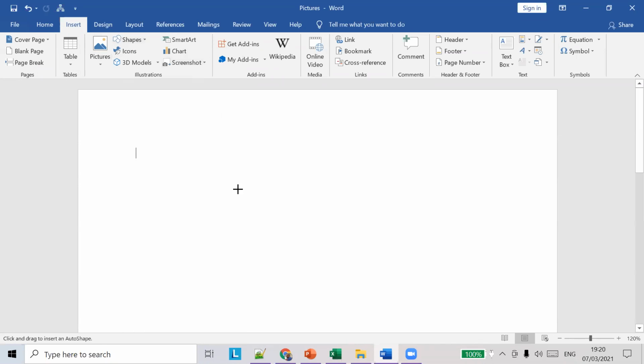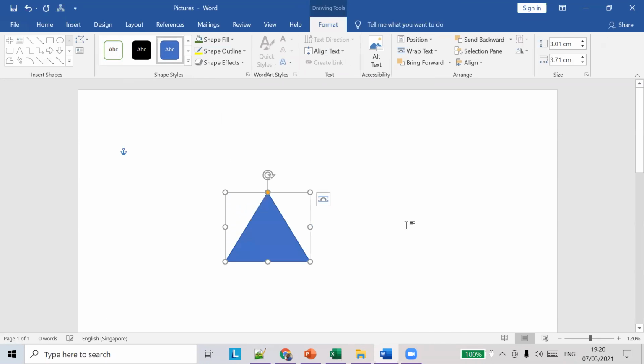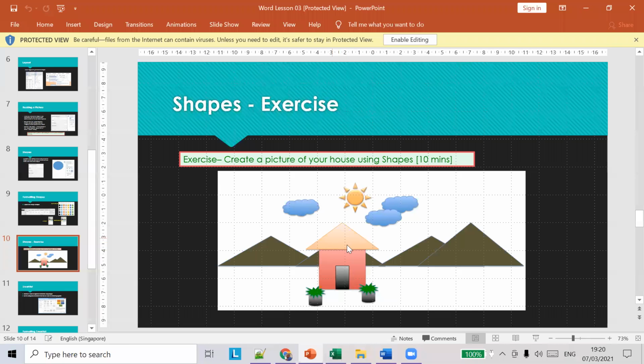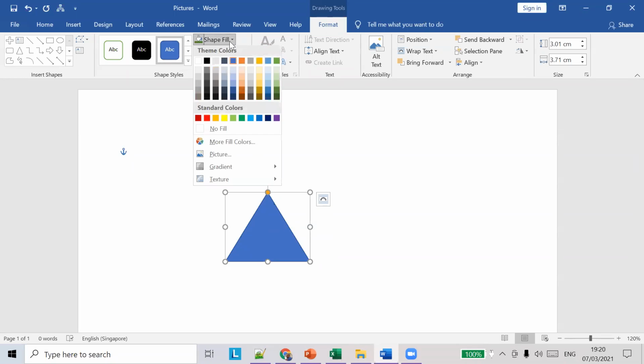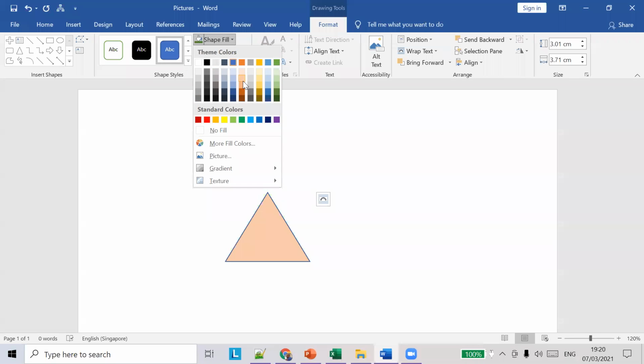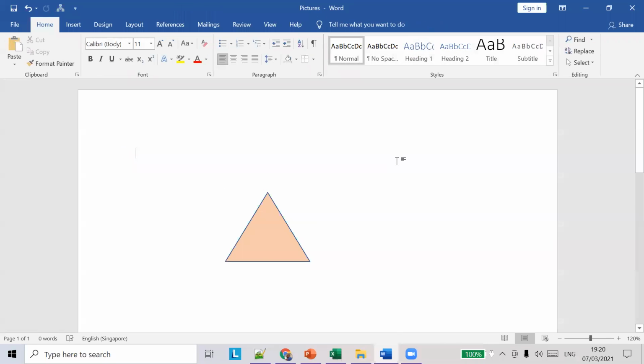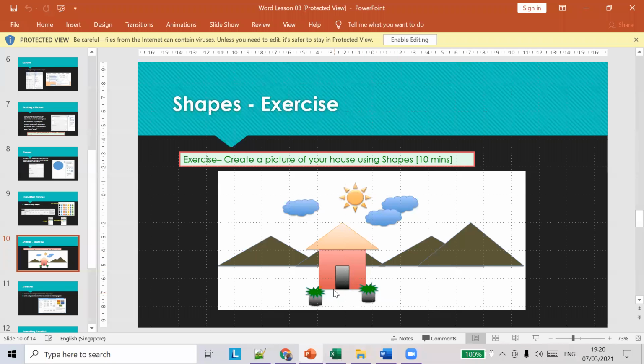The triangle is somewhat orange in color, so I'll go to shape fill and change the color to orange. Then we'll build the house.